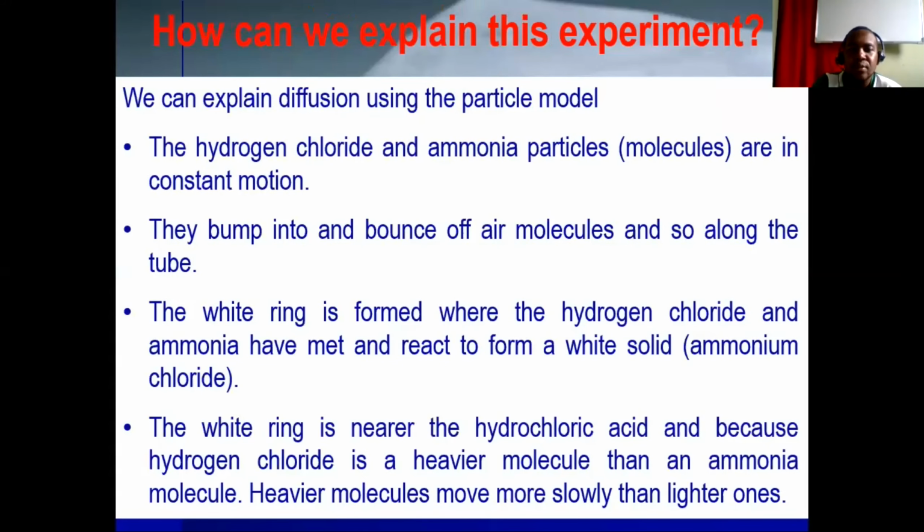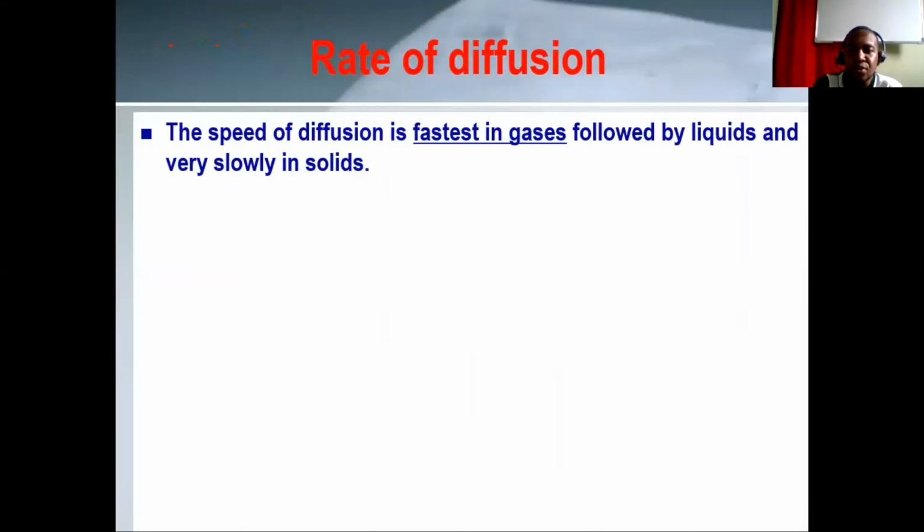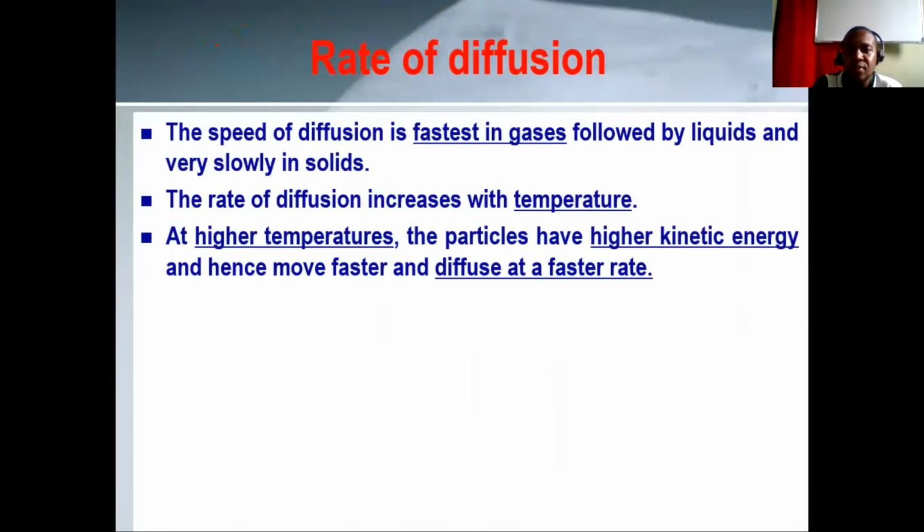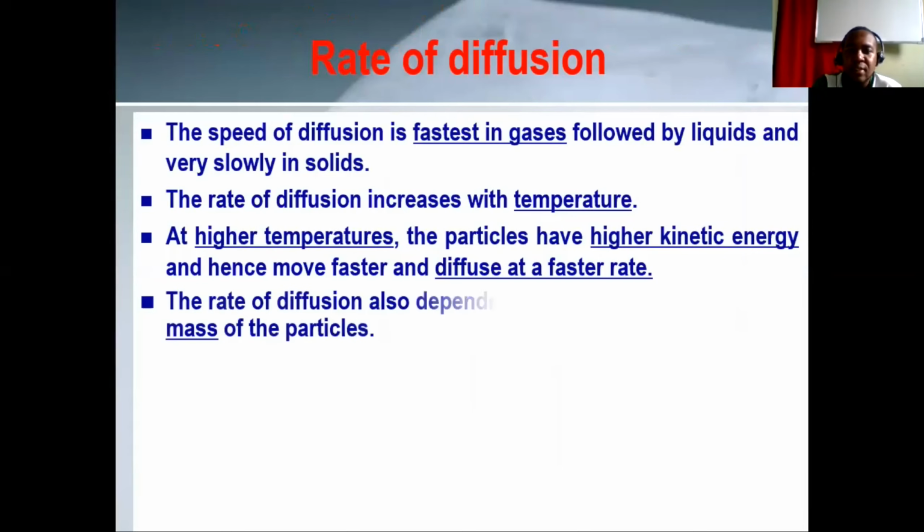All right, so that's what we just talked about. Because of that difference in the mass, we can find the rate of diffusion, right? So the speed of diffusion is the fastest in gases, followed by liquids, and then slowly through solids, right? At higher temperature, the particles have higher kinetic energy, hence move faster and diffuse at a faster rate, right? So if we increase the temperature, it will cause their energy to increase. So that means that they're going to actually move faster. The rate of diffusion also depends on the relative molecular masses of the particles, which we just highlighted for ammonia